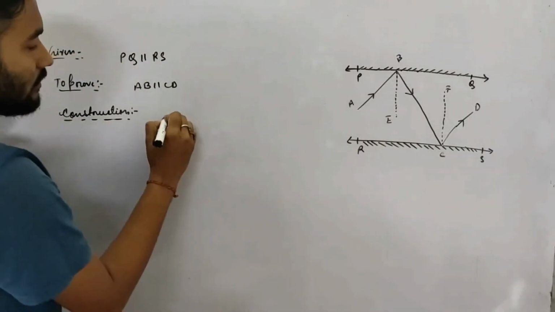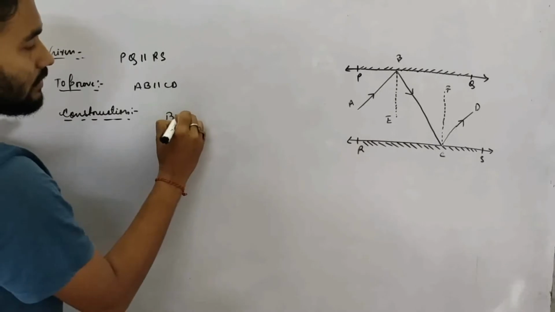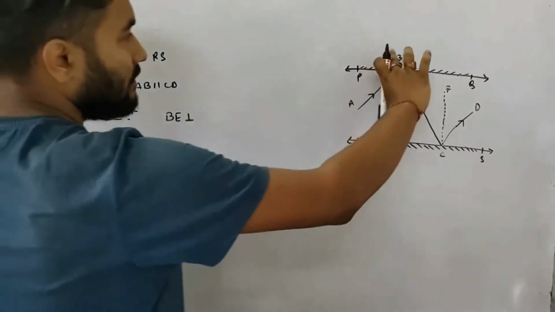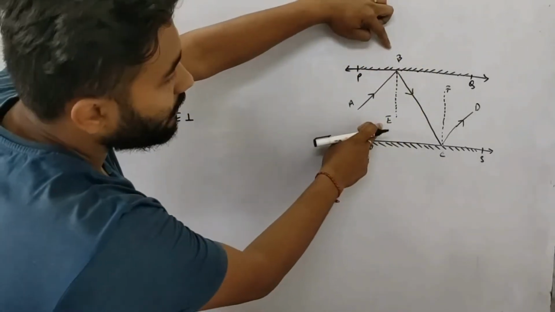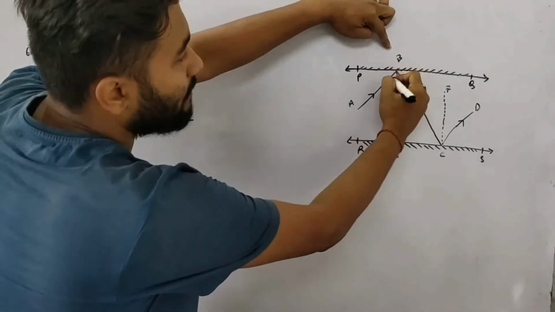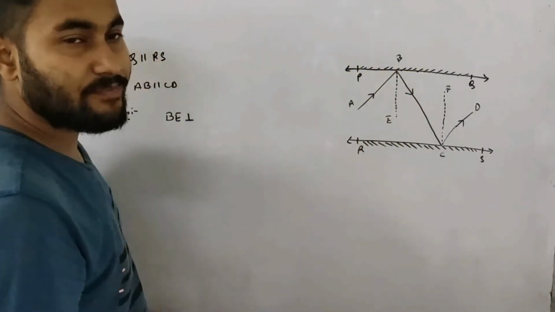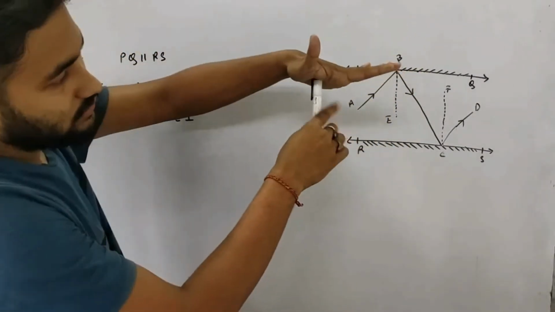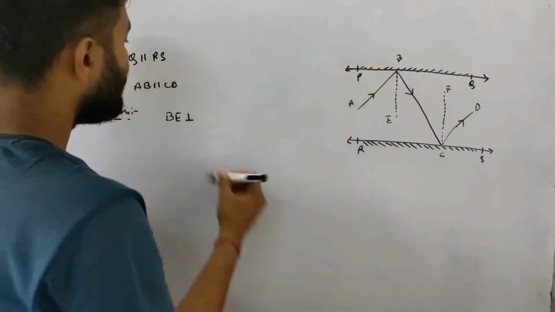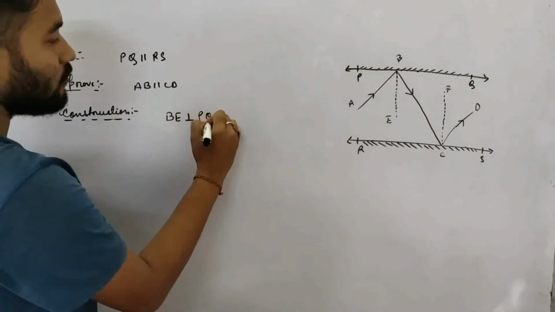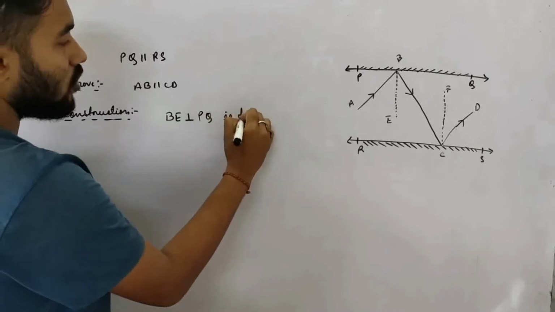Construction: BE perpendicular. This is BE, right? This is BE and it is perpendicular, isn't it? Perpendicular means what? 90 degree. This is like that. This is a 90 degree angle. So BE perpendicular to PQ is drawn,